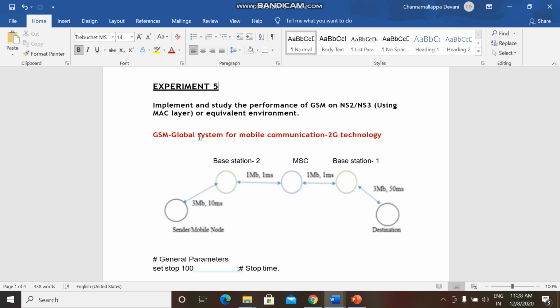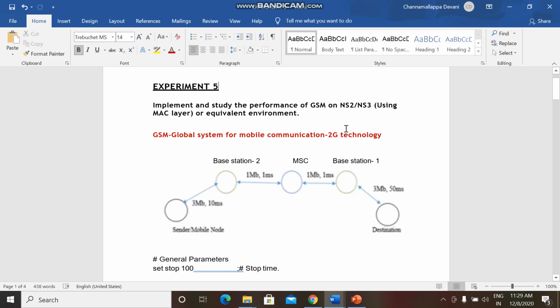So this 2G technology is either based on TDMA or CDMA, where TDMA stands for time division multiple access and CDMA stands for code division multiple access.